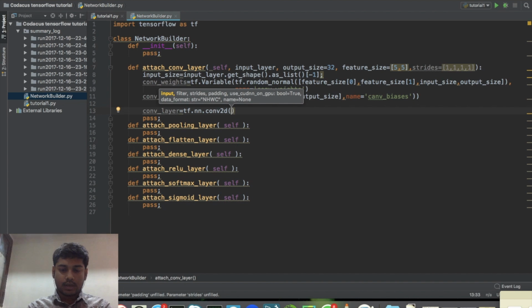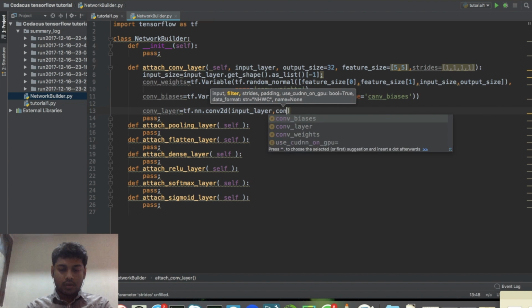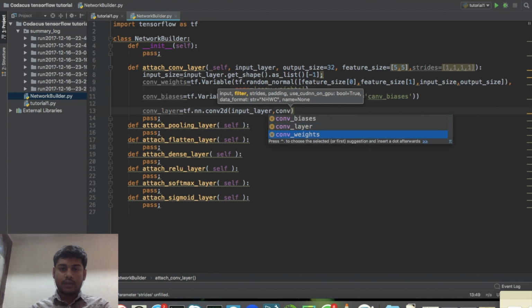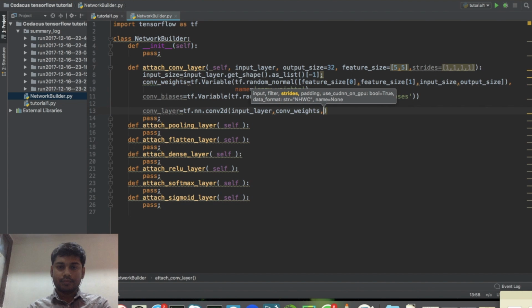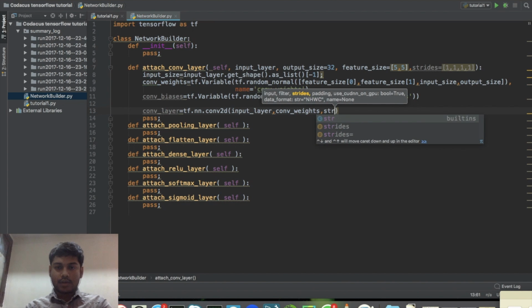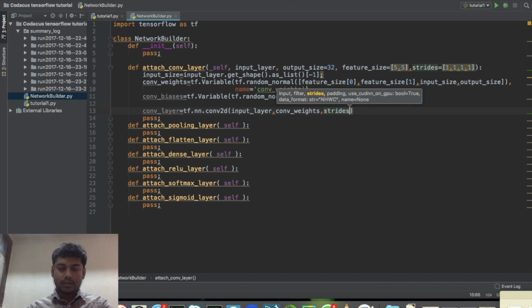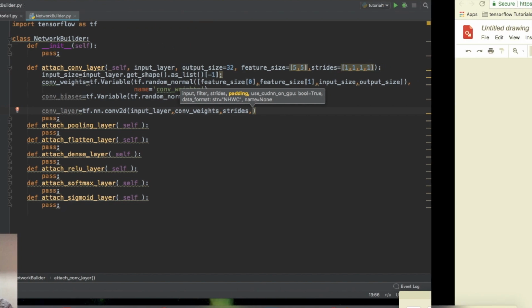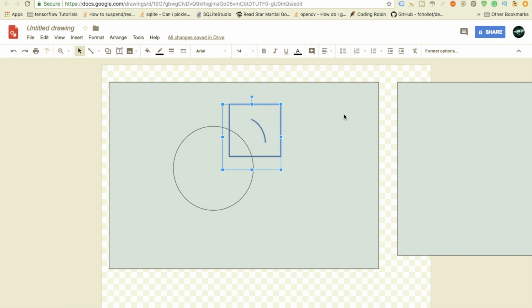The input is the input layer, comma conv weight is the filters, strides is the strides from the parameters, padding. Okay, so padding is something, let's say we are